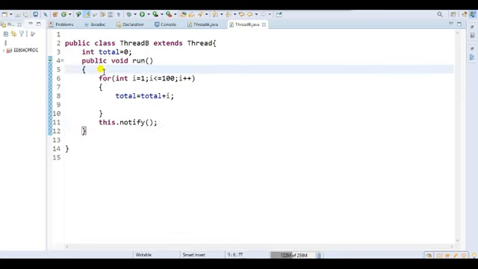I don't want to synchronize the whole method, I just want to make a synchronized block. So I have to use synchronized, because I already discussed that whenever we want to call the wait and notify methods, we have to call them within a synchronized block, synchronized on this, and within that I have to call notify.